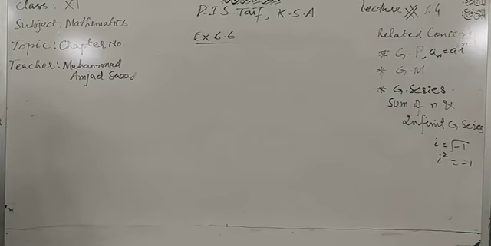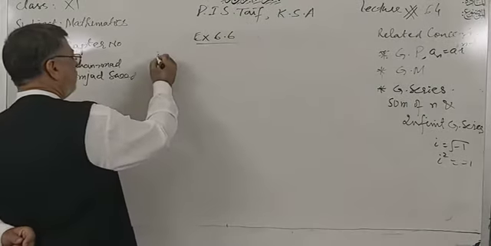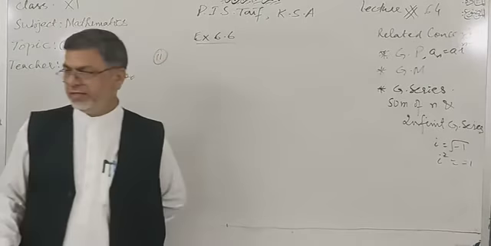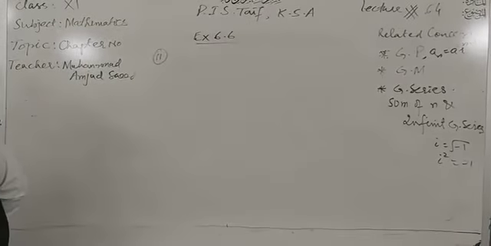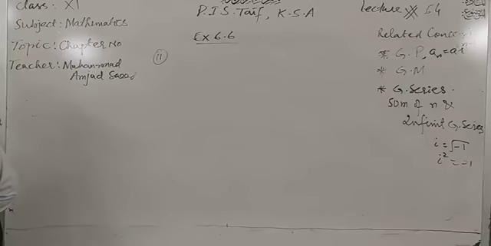Find 3 consecutive terms in GP whose sum is 26 and their product is 216. If the sum of the 4 consecutive terms is 80 and arithmetic mean between second and fourth term is 30, find the terms. I am choosing question number 11. If the sum of 4 consecutive terms of GP is 80,